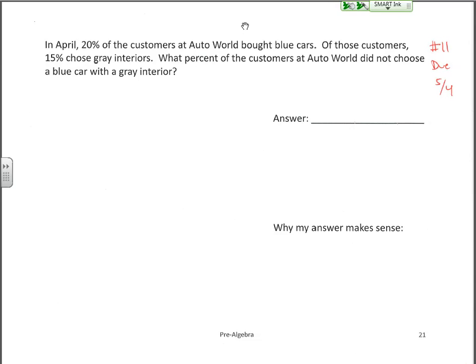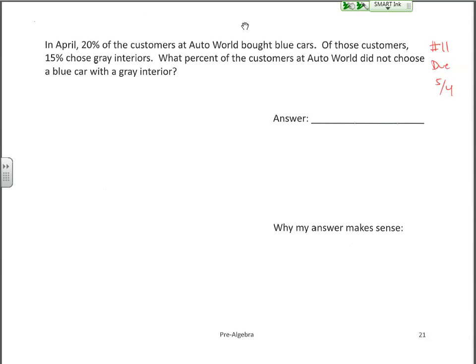So this first question here we talked about in class today, actually. It says in April, 20% of the customers at Auto World bought blue cars. Of those customers, 15% chose gray interiors. What percent of the customers at Auto World did not choose a blue car with a gray interior? Now, at first, it might seem like a disadvantage or kind of annoying that we aren't told how many customers there are. All we are given to work with are percentages, no actual